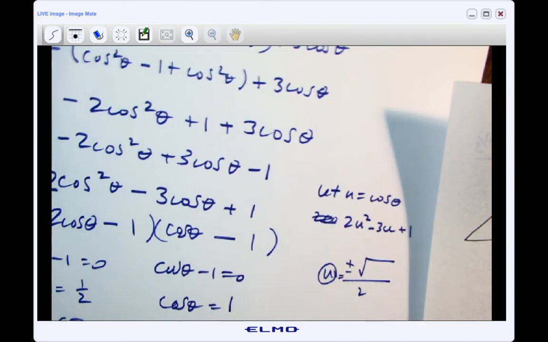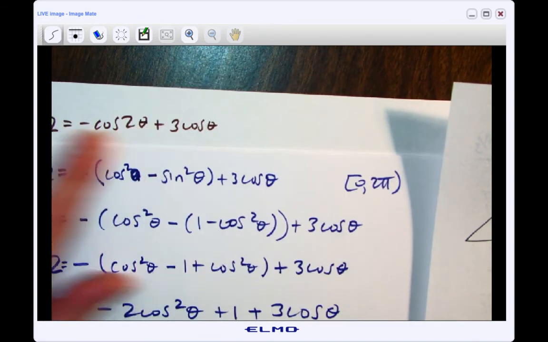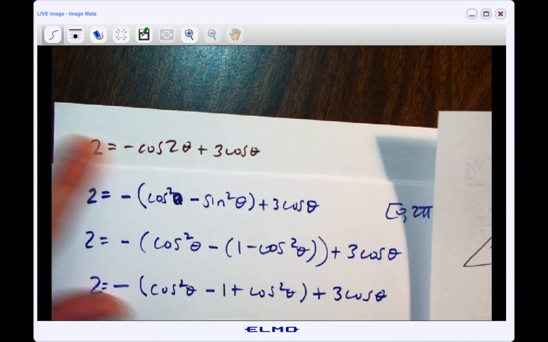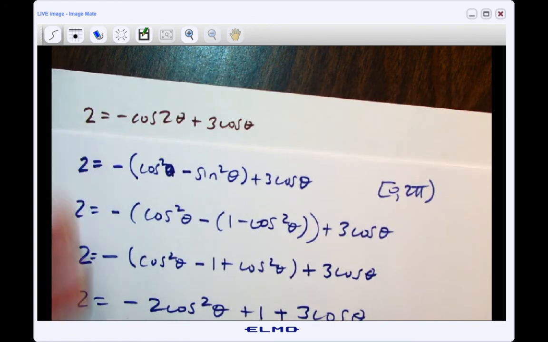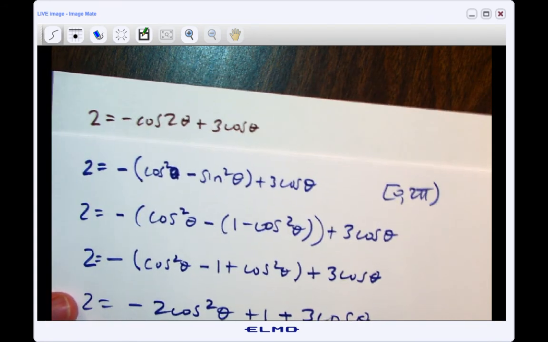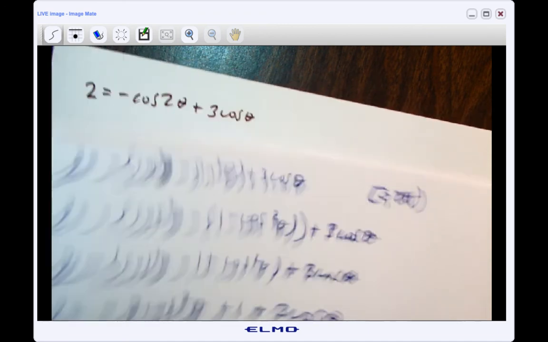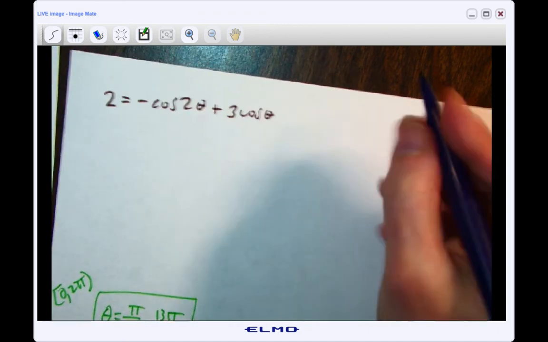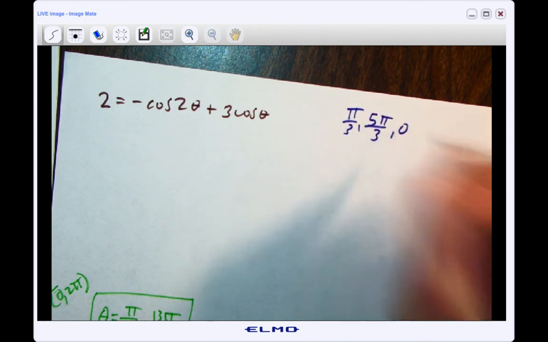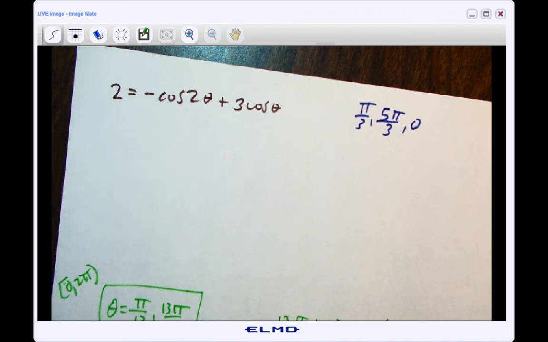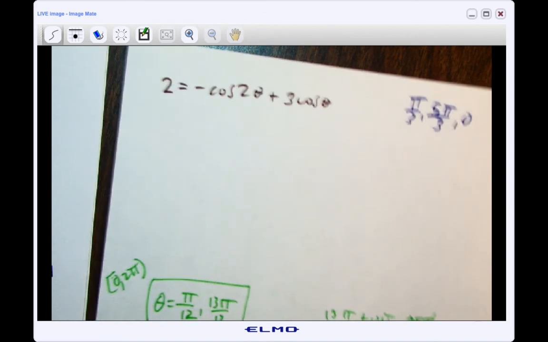Once again, you might want to go back and check them out because we actually changed some stuff around here that wasn't true in the beginning. We stuck this in for that one. So whenever you use your identities to rearrange these, I always feel like it's a good idea to make sure that I didn't get any extraneous solutions in there. If you're taking a test and you're running out of time, well, roll the dice and take the shot at it. But you're doing your homework, you have an extra 2 seconds to figure it out, right? So